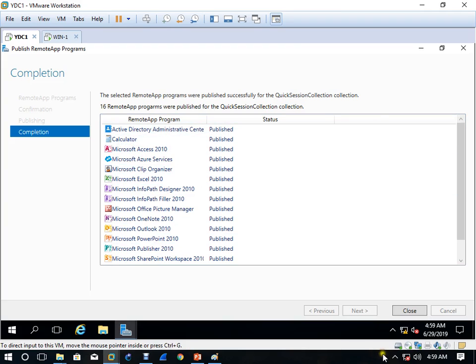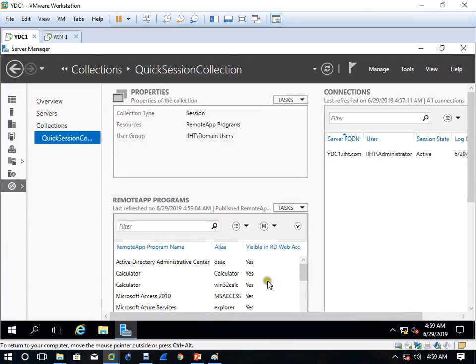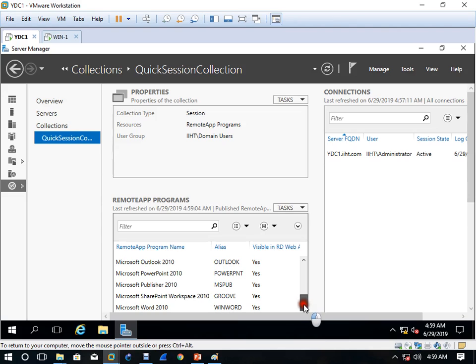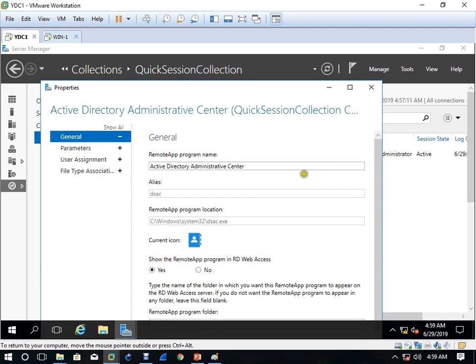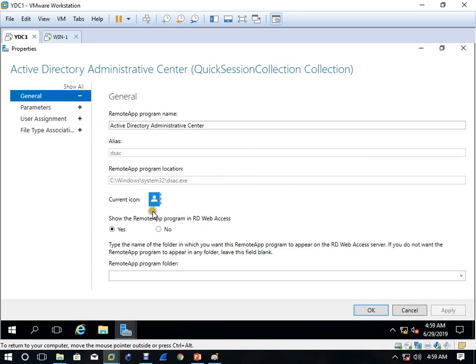Okay, everything is published now. Click close. Now if you come to this page, you can see everything here, right? Now what you have to do is right click on the application, edit properties, and come here